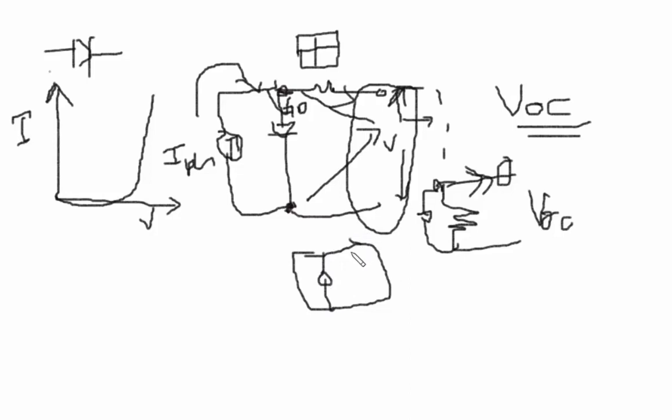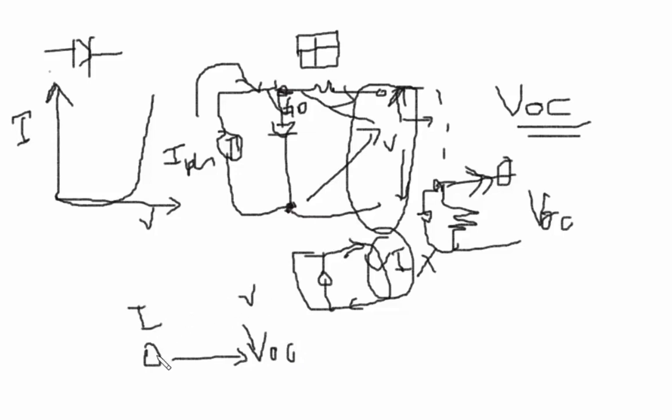If the circuit is completed like this, I will get the flow of current. But here there is no voltage. So when current is zero, voltage is high. According to the output voltage, we will see that when current is zero, voltage is high. When current is high, that is I, the voltage becomes zero.